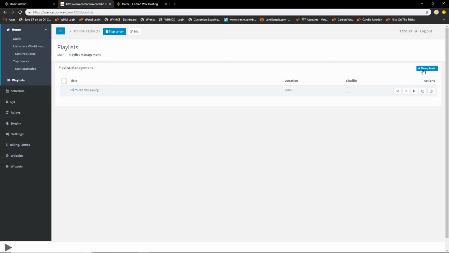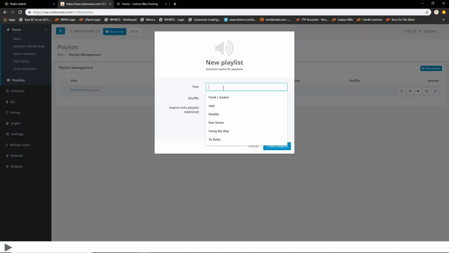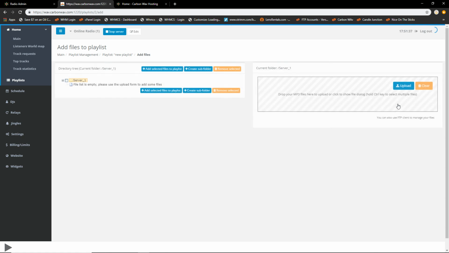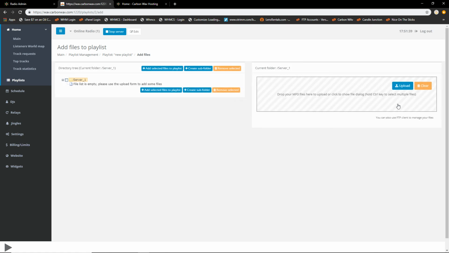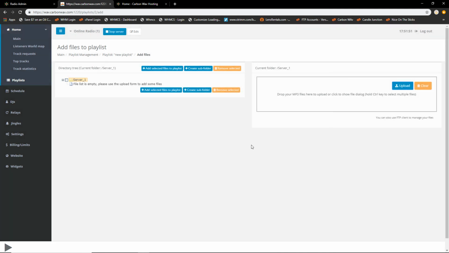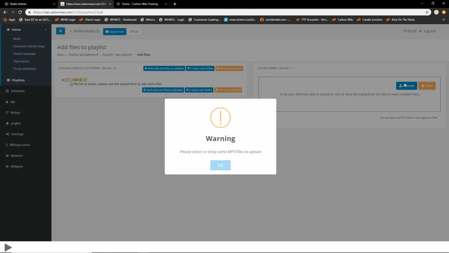So now once a playlist is added, it's going to put something simple like new playlist. Once this is added here, you will be able to add files. You click the plus symbol to add files. You can either drag and drop files over here, or you can simply press upload. When you press upload,